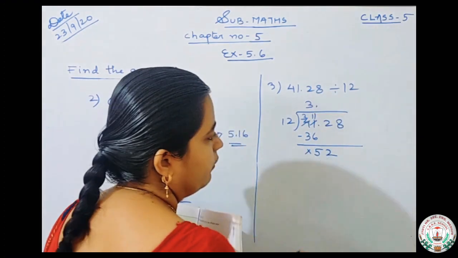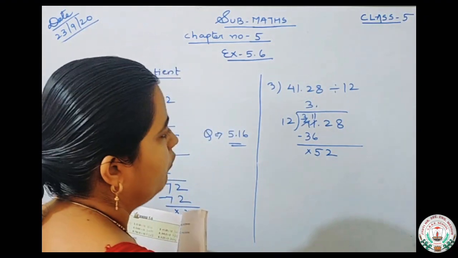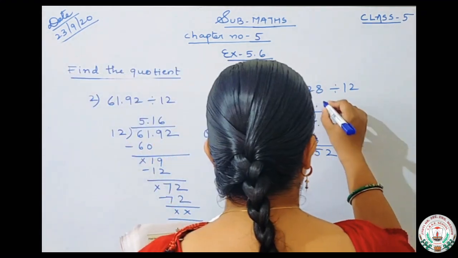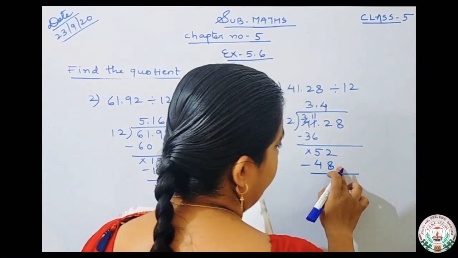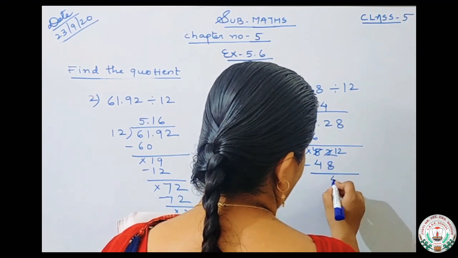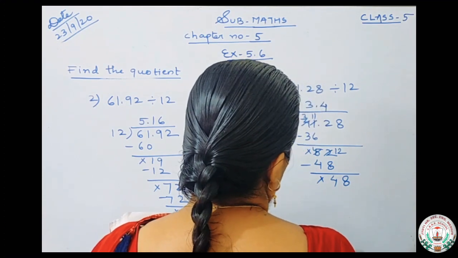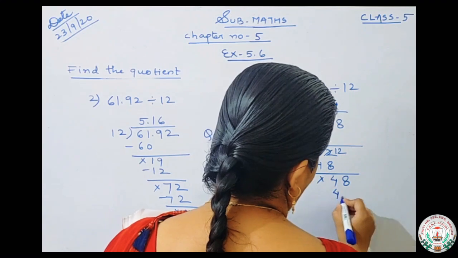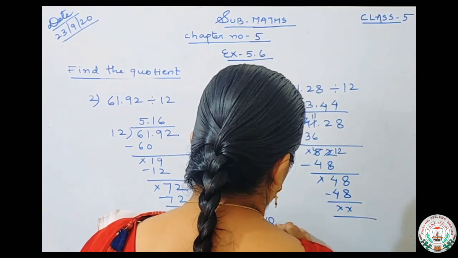Note down the next one. 52. 12 5s are 60. 12 4s are 48. So we will take here 12 4s are 48. 2 we can't subtract 8, so we will take carry from here. 12 minus 8 is 4. 4 minus 4 is 0. Here 8. 12 4s are 48. Again we will subtract here. So our quotient in this question is